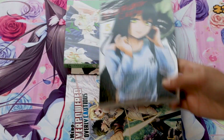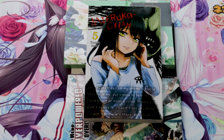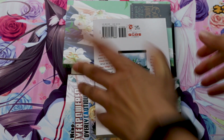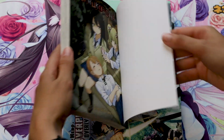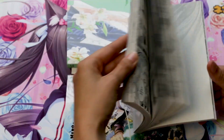Well, another continuation is Miriko-chan Volume 5 by Tomoki Izumi, and I'm so happy it continues. I'm always happy to pick up a new series. It comes out slowly, and we have a color page. We love this one, and